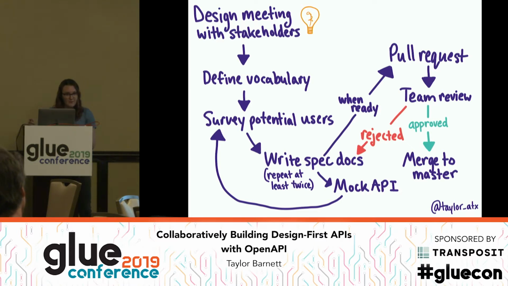And then using the mock API, bringing it back to those users and saying, does that actually do what you told me you wanted to do? And then seeing a couple iterations there before following the same process. One of the things I've also seen a lot of times is that when you start mixing together the high-level stuff and the low-level stuff, you forget what the task you even needed to accomplish was. So making sure you split those out can be really helpful.